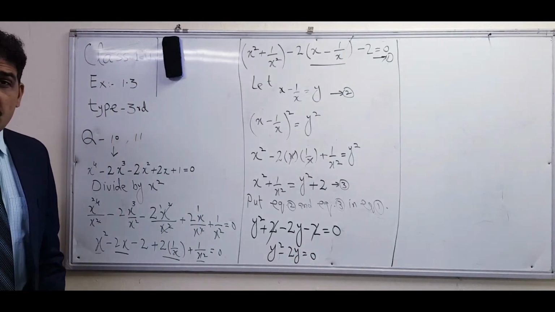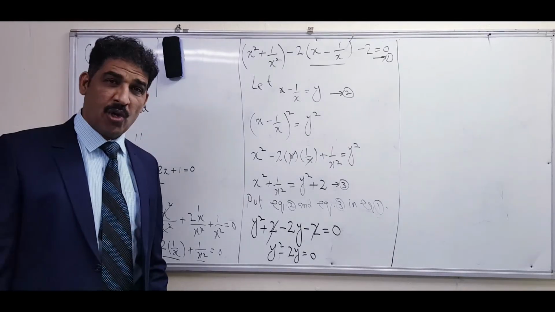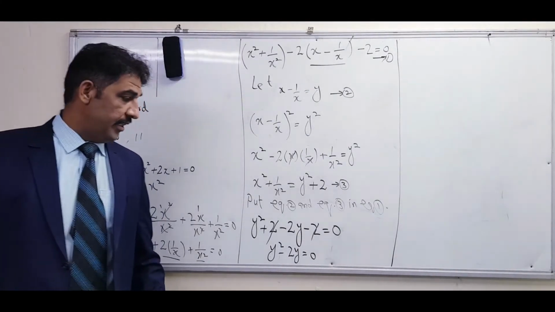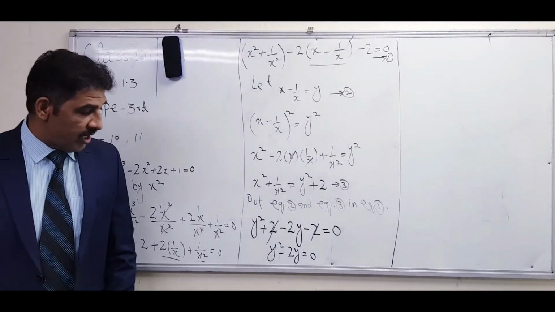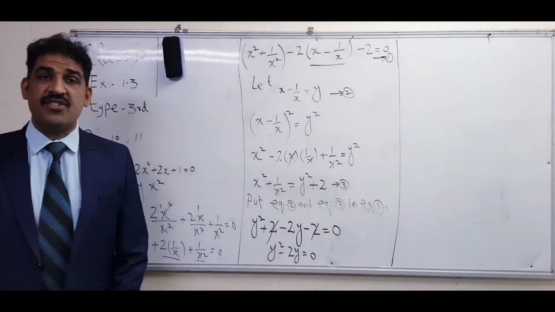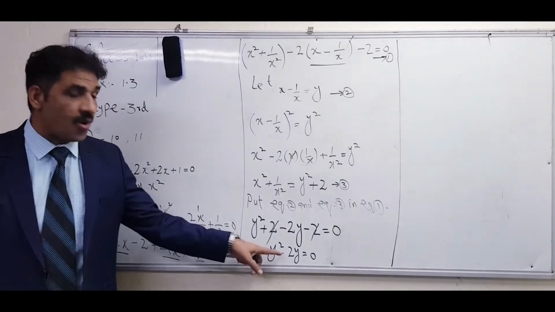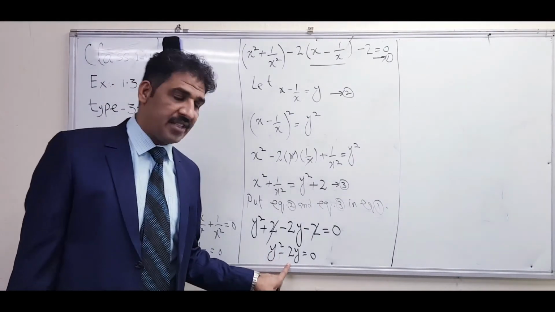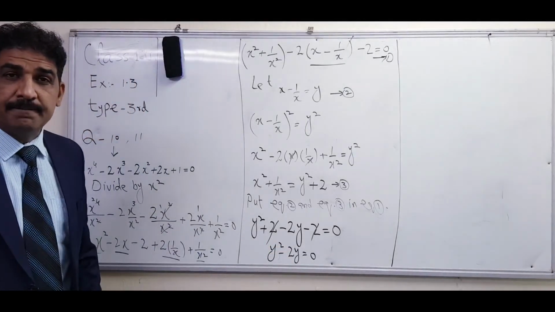So which type of equation is this? Is this a pure quadratic equation? No. Good. Why? Because in a pure quadratic equation, the y term is 0, but the constant will remain. But here the y term is remaining and the constant term is equal to 0. That's why. So how to solve this one?